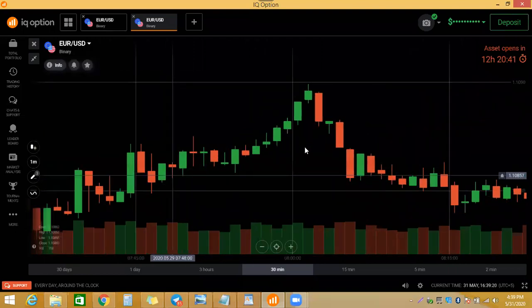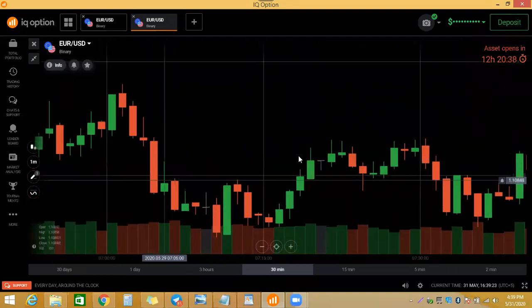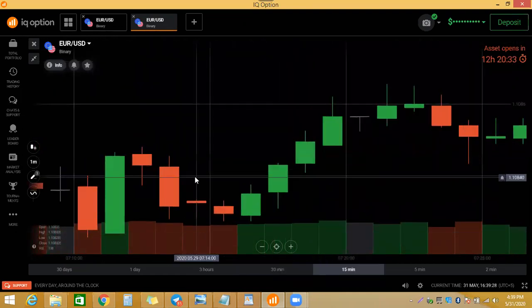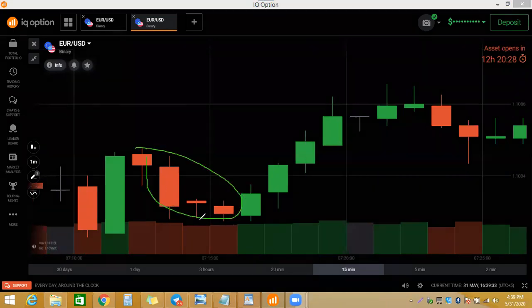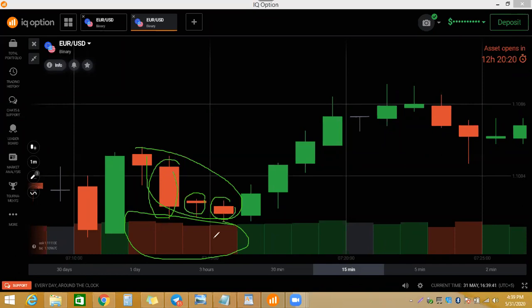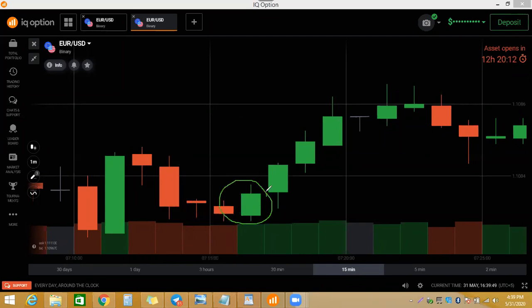Practice on it. Slowly, I will give you more concepts about this volume analysis. Then you will understand. So here, in these 4 candles, the volume is not validating. Because if you find the big red candle and these small candles, so what? There is a problem. Why is volume equal to these candles? So there is a chance of reversal. And this pattern shows that volume is increasing from the buyer. So there is a chance that the market will continue. Market is continuing.